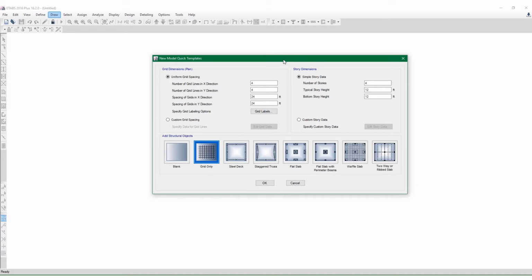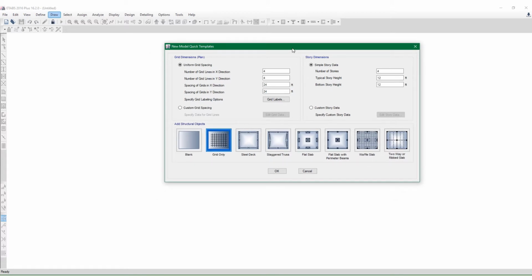And we have the option here to essentially use a template to help us model our structure. What I typically do, if possible, if the structure is very uniform, is use the template. In our case, that is the case. You don't have to use the template. You can cancel out of this and then define your grid manually, but I use the template for our grids. So here, the uniform grid spacing will be